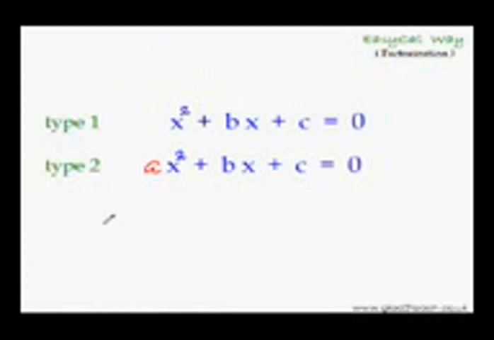So now let me tell you something really important. At first glance, you will find that quadratic equations are of two types. So can you spot the difference between these two types of quadratic equations? Absolutely right. One has some visible coefficient of the x squared term, whereas the other one has an invisible coefficient. Now, why am I saying invisible? Because if you look closely, you will find the ghost of 1 standing there. Isn't it? Whenever there is no coefficient, 1 is always there. But it makes no difference.